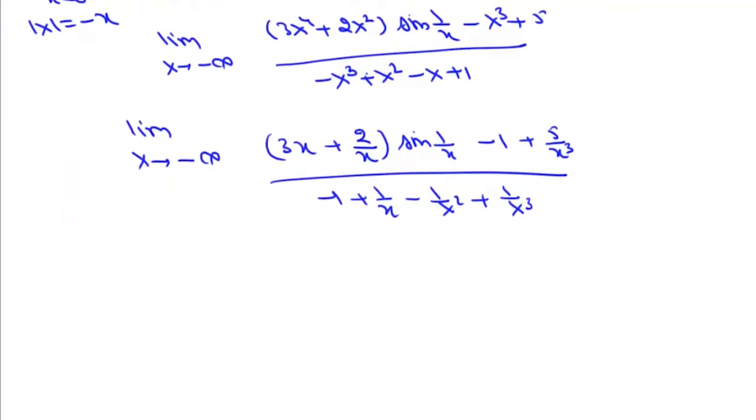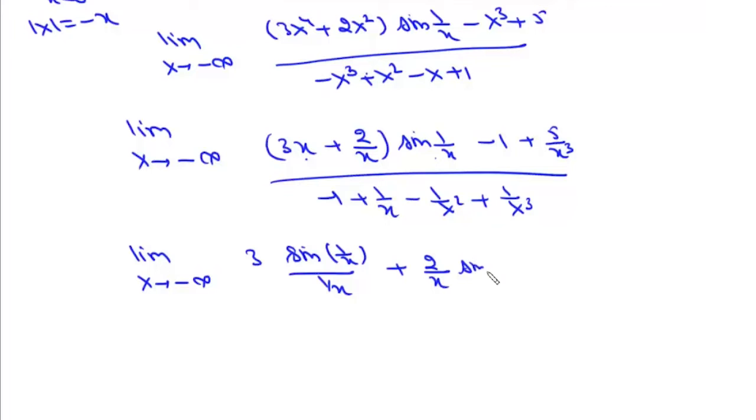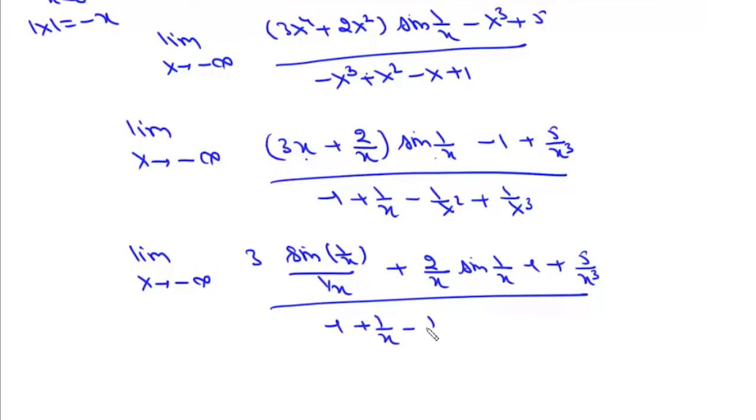Now everything is sorted other than this x. So we'll multiply it with sine 1 by x. We can write this as limit x tends to minus infinite 3 into sine 1 by x into x, and which can also be written as 1 by x and plus 2 by x, sine 1 by x minus 1, plus 5 upon x cube divided by minus 1 plus 1 by x minus 1 upon x square plus 1